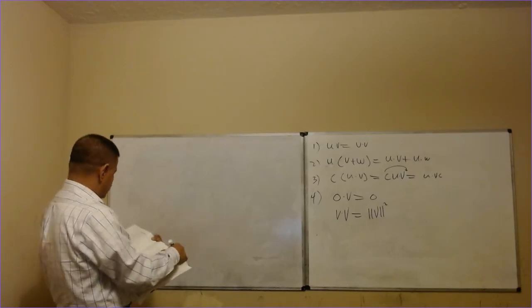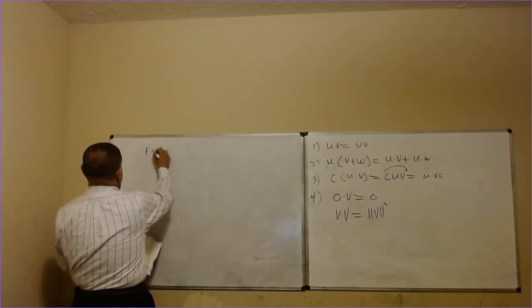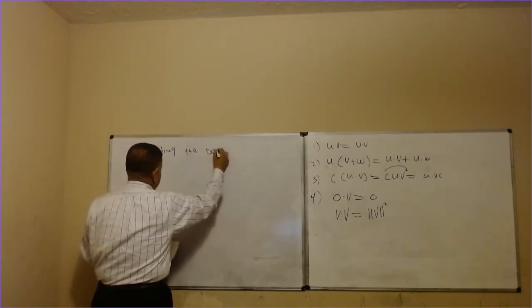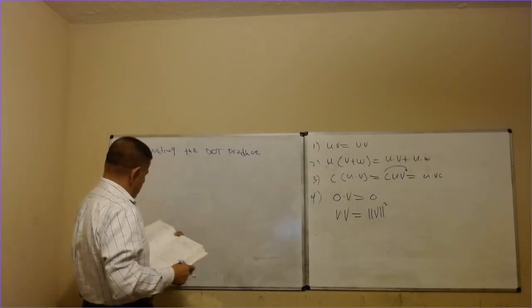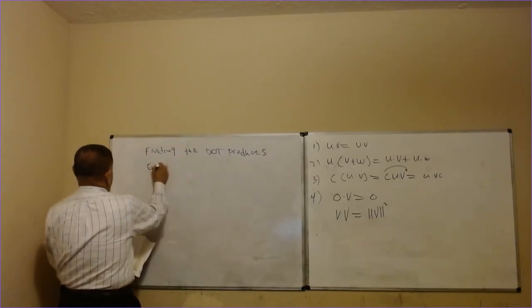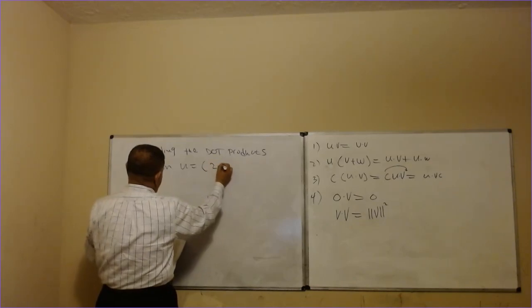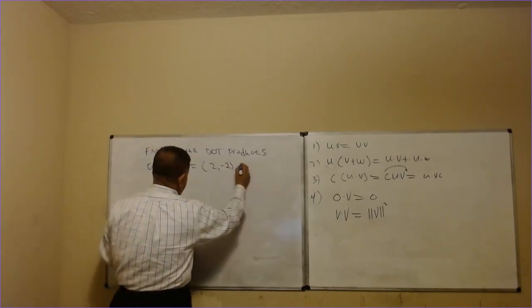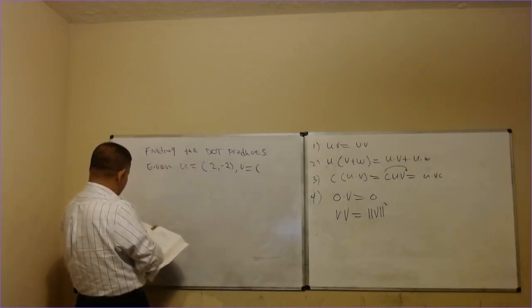Find the dot product, given u equal to 2 comma negative 2 and v equal to 5 comma 8,